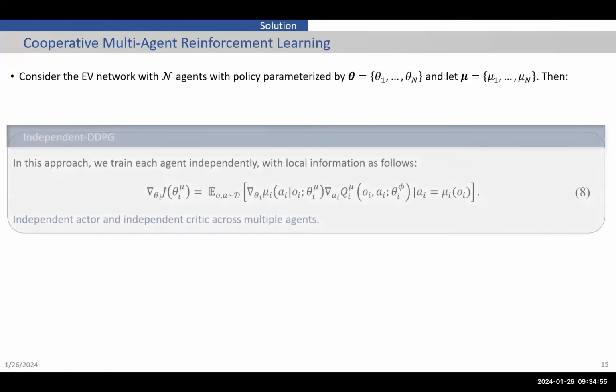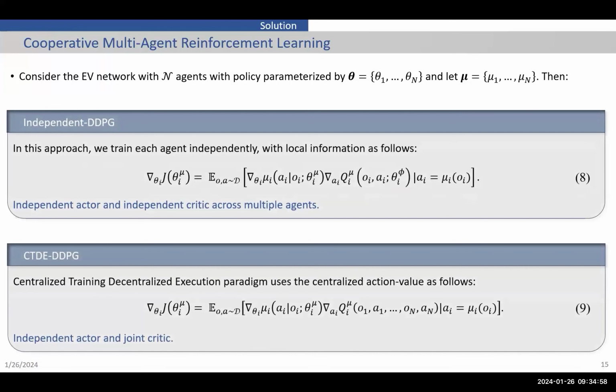And so for cooperative multi-agent reinforcement learning, there are several variants. We have used two of those. The first one we call independent DDPG, which means that this is the gradient of the J in the previous equation. So this means that we suppose that there is no cooperation. So we train all of the agents independently, and each agent is trained based on local information. This means that we are ignoring the non-stationarity of the environment.